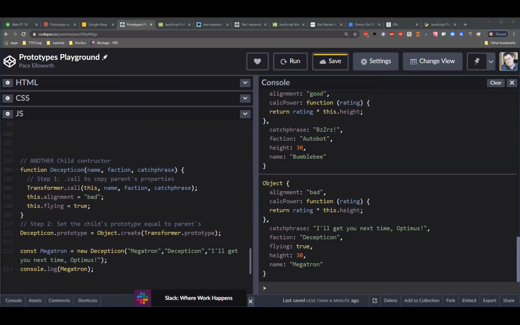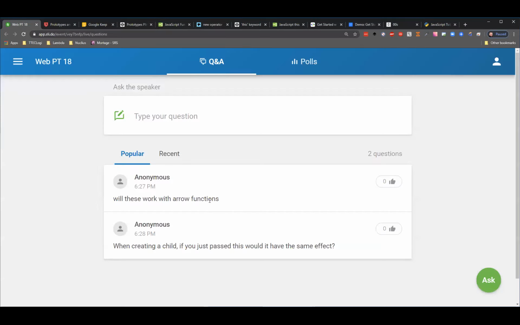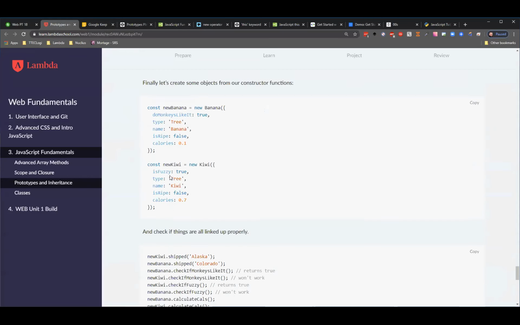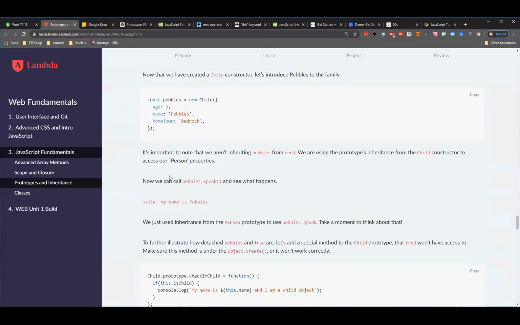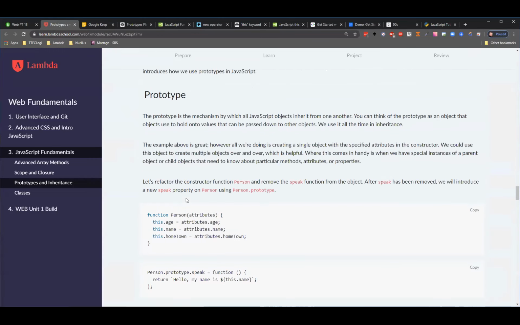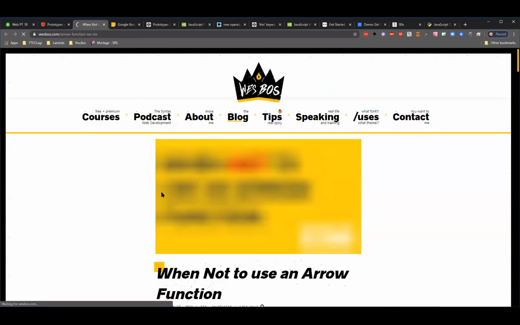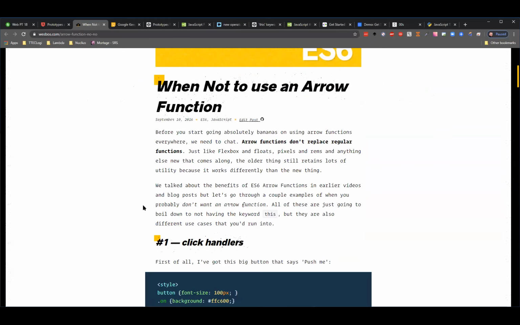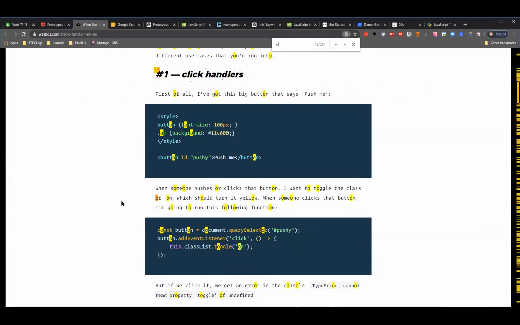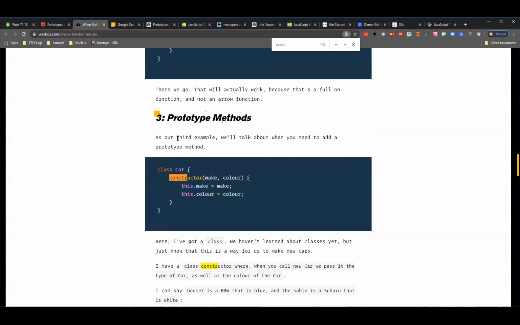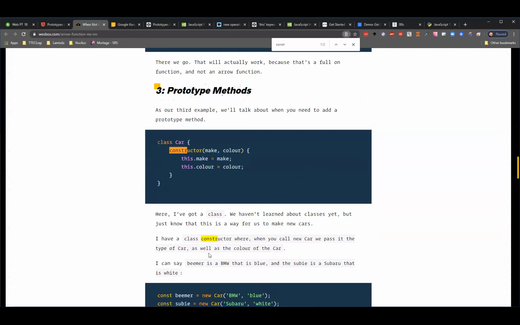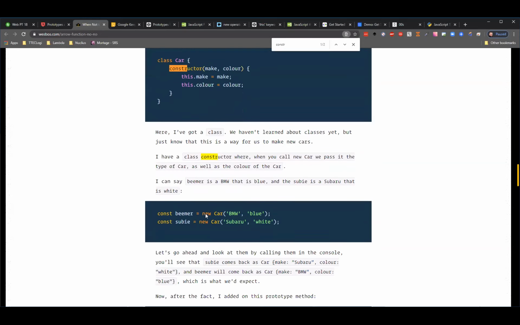Okay, someone planting that question. Will these work with arrow functions? No, they will not work with arrow functions. If you want to know why, we are a bit short on time, but there is something in here that will explain it. Let's see if we can get to it real quick. So why won't this work with arrow functions? Let's see, arrow functions. Okay. See if it mentions it on the constructor. There we go. So with prototype methods, they won't work with arrow functions because